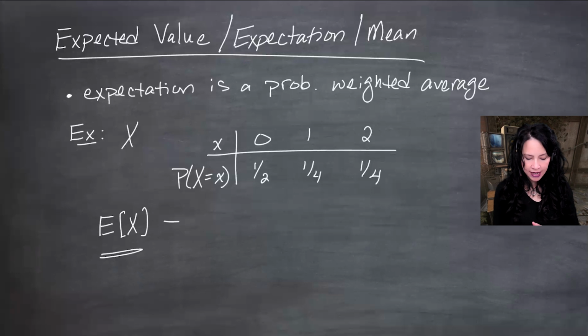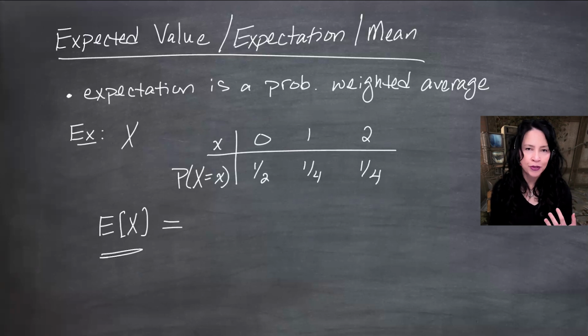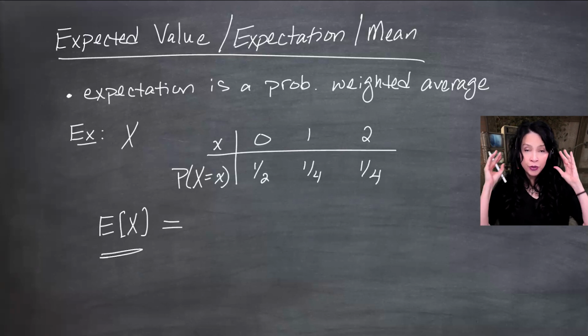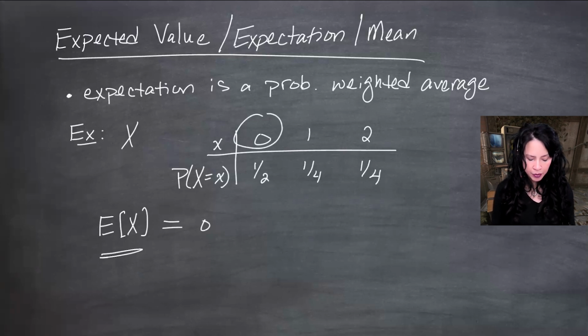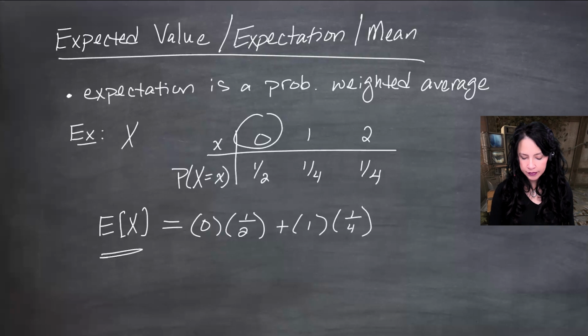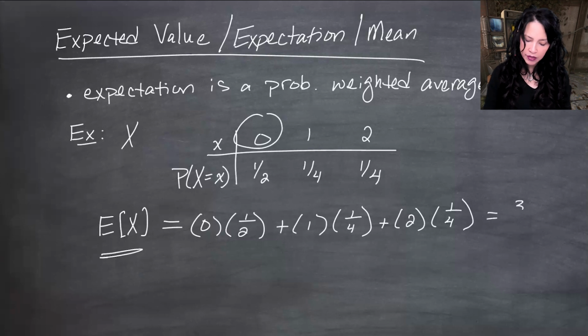So this is defined as the probability weighted average of these values weighted by these probabilities. And you all know how to do this because you've had classes where the syllabus says the first midterm is worth 20% and the second one is worth 30%, and you would know how to compute your score. You would take each grade times the respective percentage, and that's what we're going to do here. So I'm going to take each value, start with a 0, multiply by its respective probability and add them all up. And we get, in this case, 3/4.